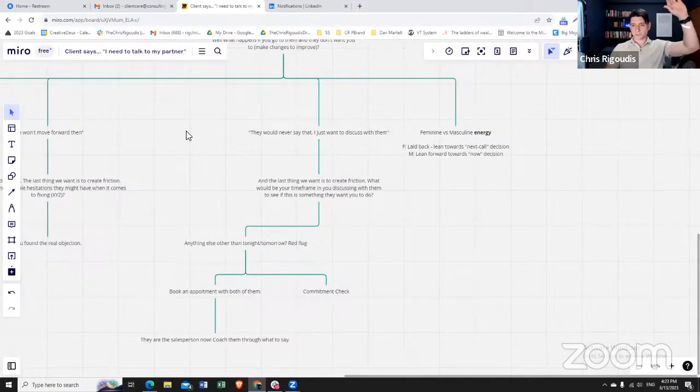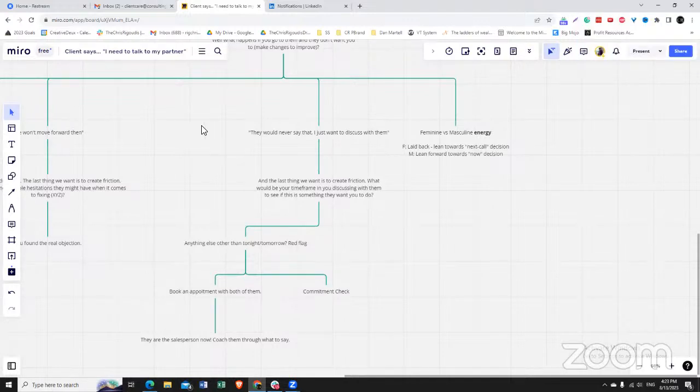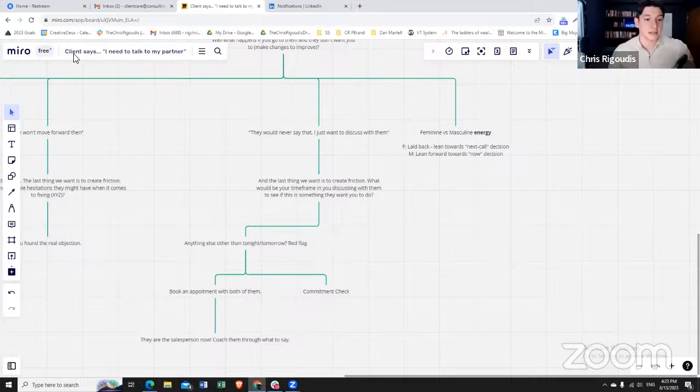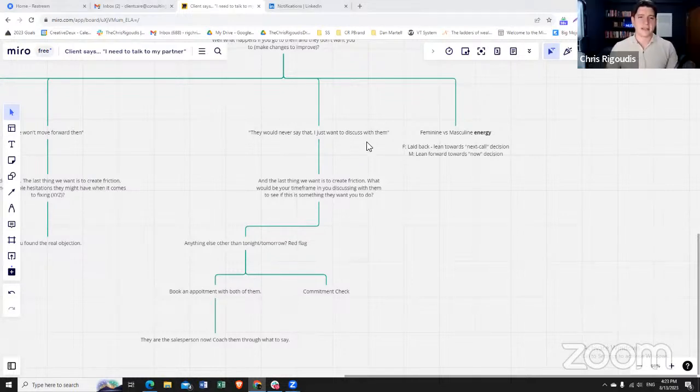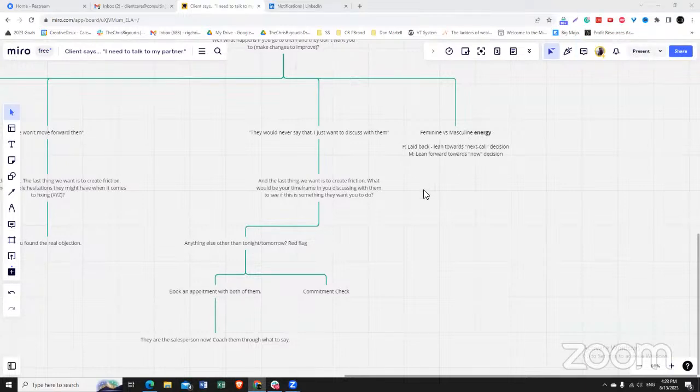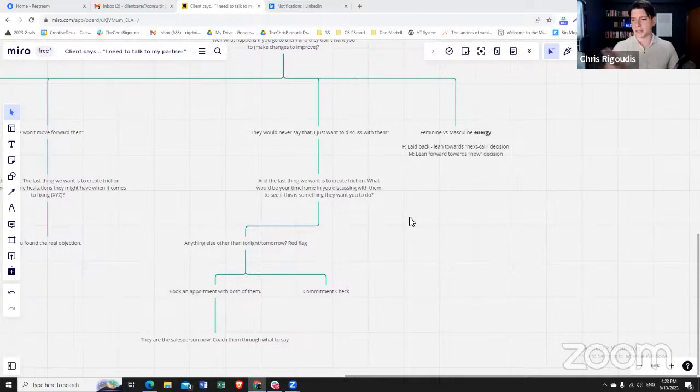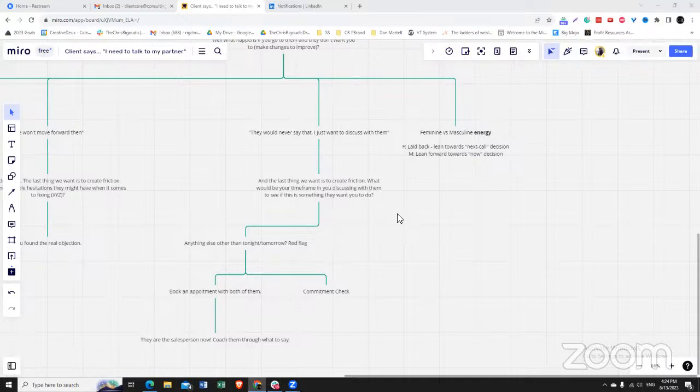Questions so far? Feel free to unmute yourselves. Hey, Chris. Just a question about the diagram. Is it possible to get access to this? Yes, absolutely. I'll link it in the chat. Okay, thank you. Chris, did you go over the money objection a couple weeks ago or something? I forgot. If I didn't, I will in the next training. Yeah, so the money is the big one, I guess. Yeah, we'll talk about money. We can talk about money at the end of the full flow as well. All right. Thank you, sir.